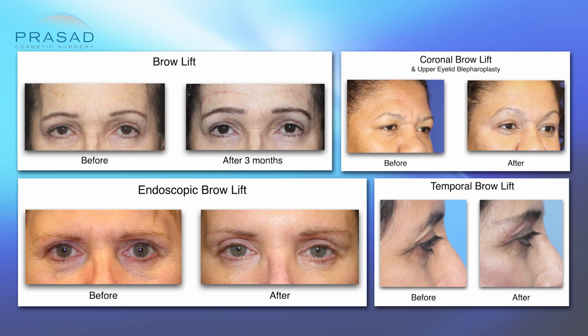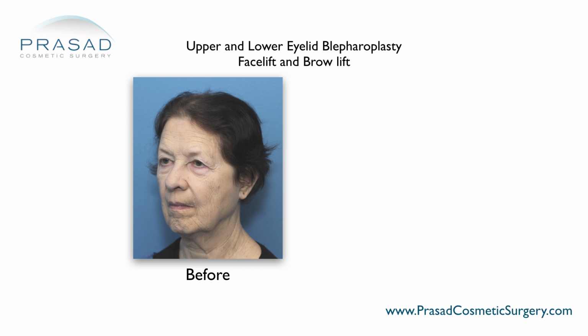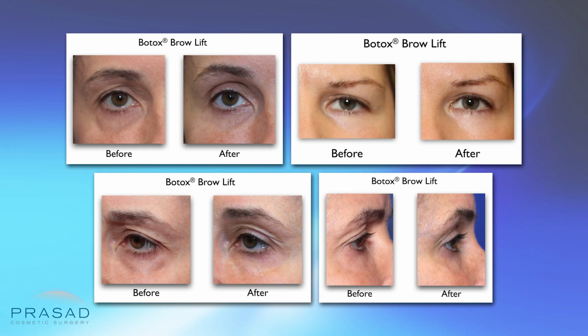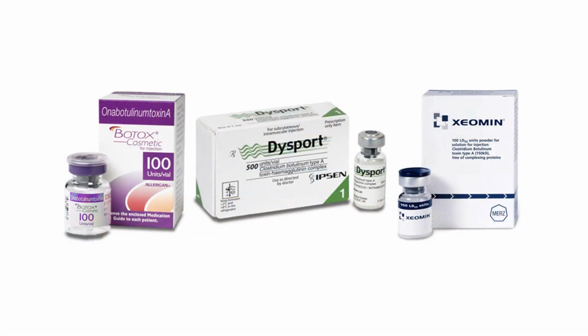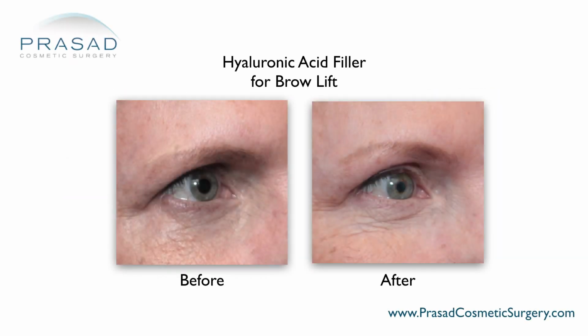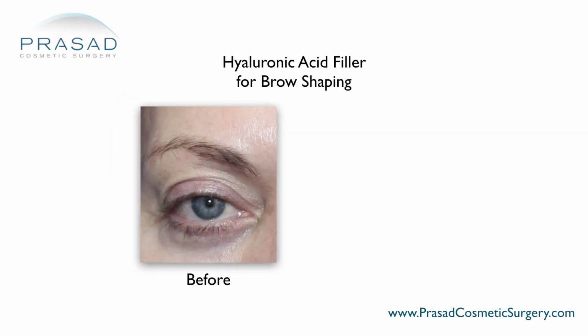I perform several different types of surgical brow lifts as standalone procedures. I also often combine brow lift surgery with cosmetic eyelid surgery and facelift surgery. I perform different types of non-surgical brow lifts in addition using neurotoxins like Botox, Dysport, Xeomin, and Jeuveau. In addition to neurotoxins, I also use hyaluronic acid fillers to provide brow support and elevation as part of a